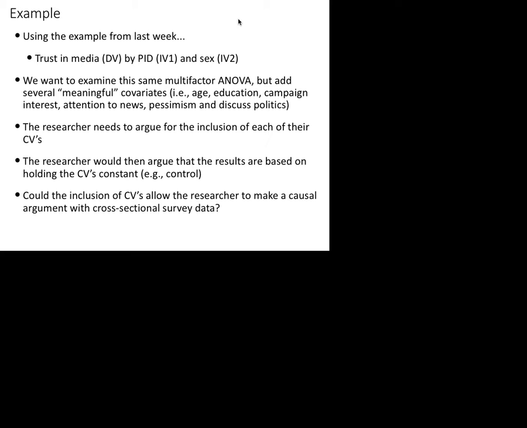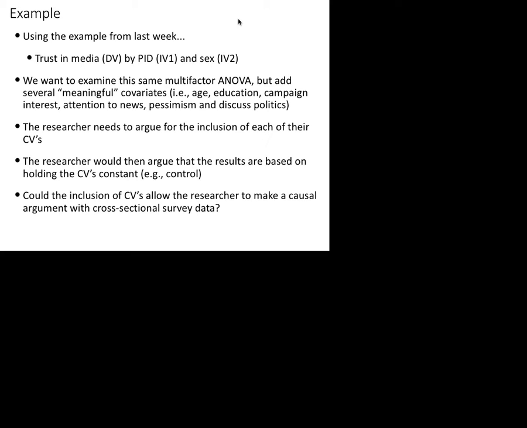X precedes Y. How many criteria are there? Three. So X precedes Y, that's 1. No Z variable causes Y, and we call that spuriousness: no spurious relationships. And then the third would be